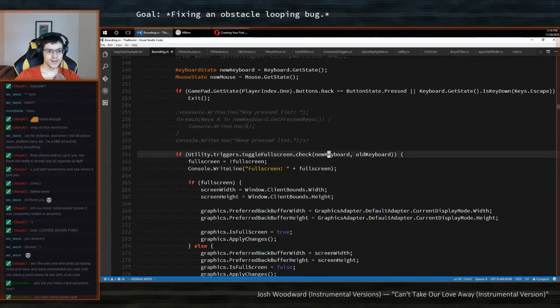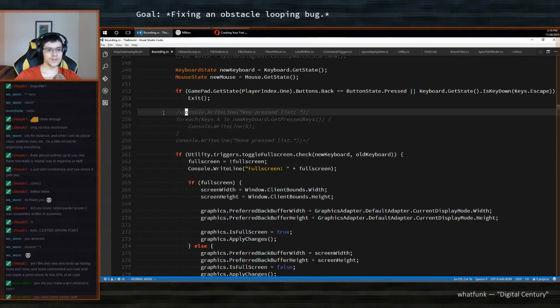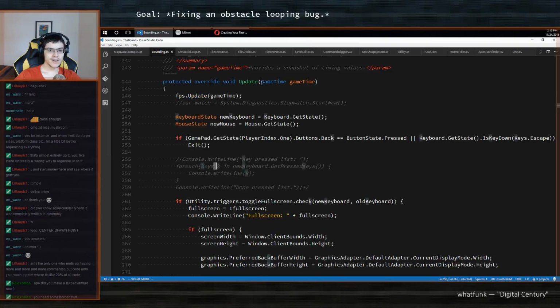This right here is useful commented out code. Because what it does here is, for each key that's been pressed, print them. Done press list. So now I know which keys are pressed. So at some point I could delete this, but then at some point I might have to recode that.